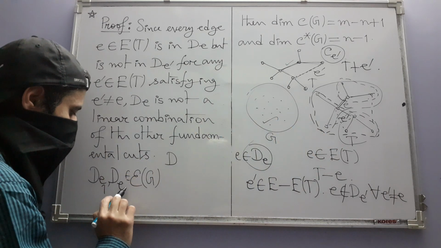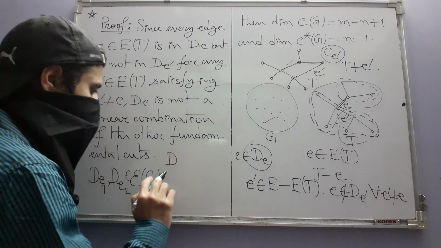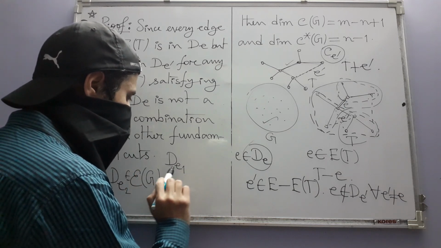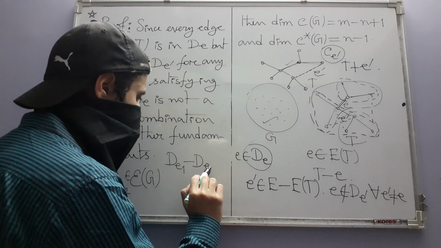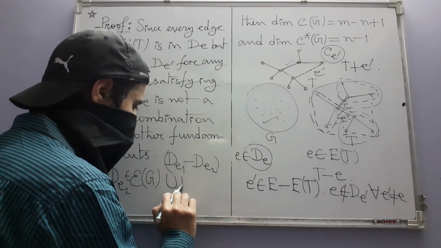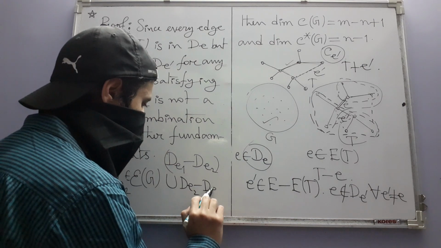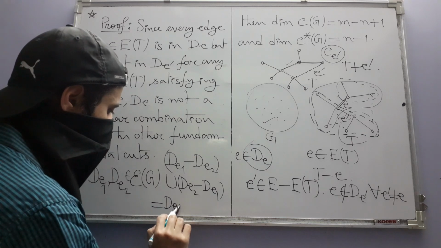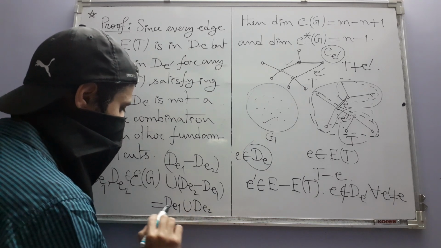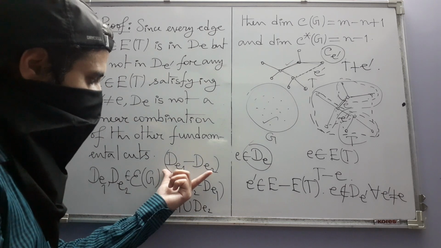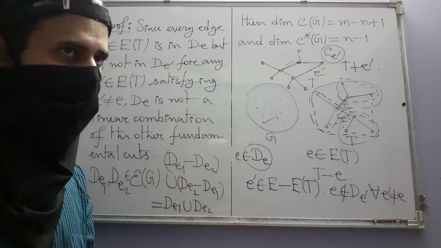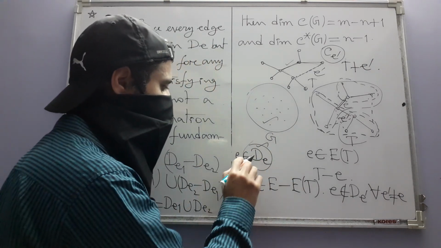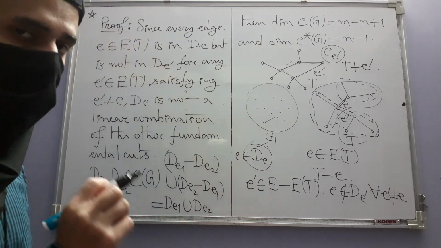Because if you take the symmetric difference of, say, just to distinguish these things, let me call this DE1 and DE2. Because DE1 and DE2 can be chosen to be disjoint, this is the symmetric difference of DE1 and DE2, right? Which just happens to be DE1 union DE2 because they are disjoint. So this is nothing but DE1, this is nothing but DE2. Okay. Now this is a specific fundamental cut which has the edge E in it as an